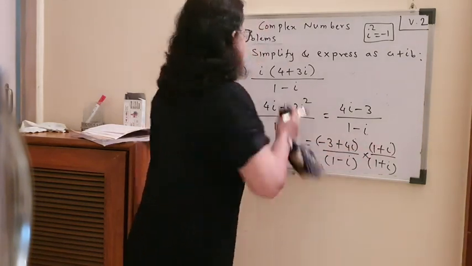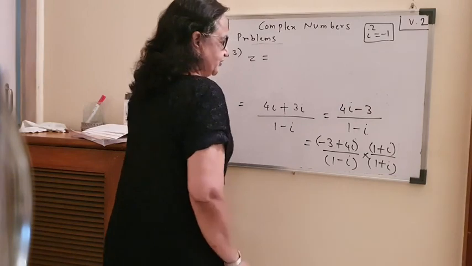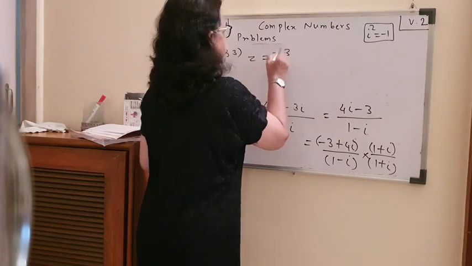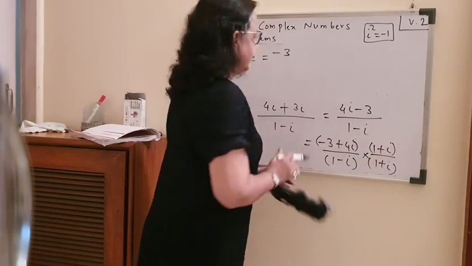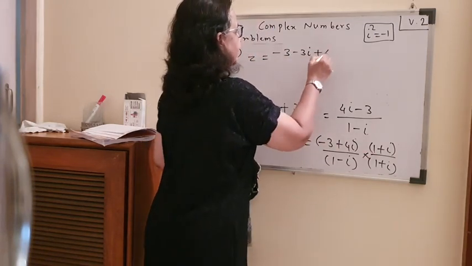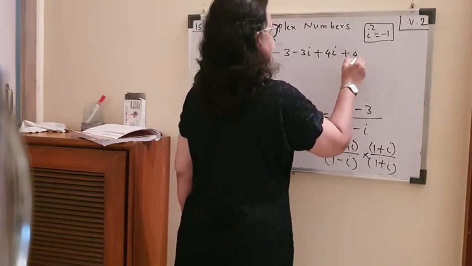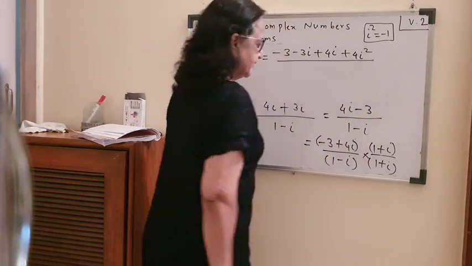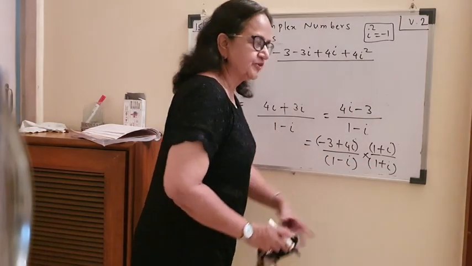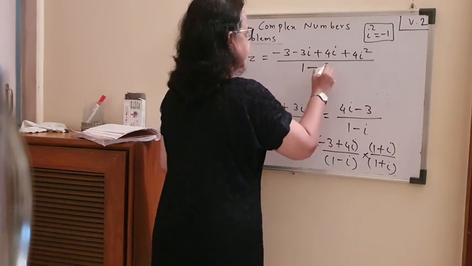So 1 plus i, up and down, I multiply. So what do I get? I will again call this number z. So z equals, see the numerator, can you now open out term by term? Minus 3 into 1 is minus 3. Minus 3 into i is minus 3i. 4i into 1 is plus 4i. And plus into plus, i into i, so plus 4i square. Whole thing upon, down the product is (a minus b) into (a plus b). How should the product be? a square, 1 square is 1, minus b square, that is i square.